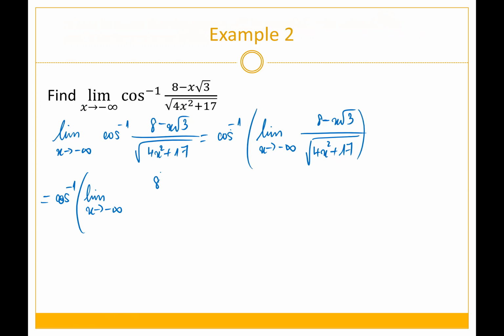So here if you look at the fractions, the highest power of the numerator and denominator is the same, because here the highest power is 1, x to the 1, and here is x to the 1 as well. So when we take x out, what we have is (8 over x minus square root of 3) over... And the other one is, when you take x out here, this is where you have to be careful, because